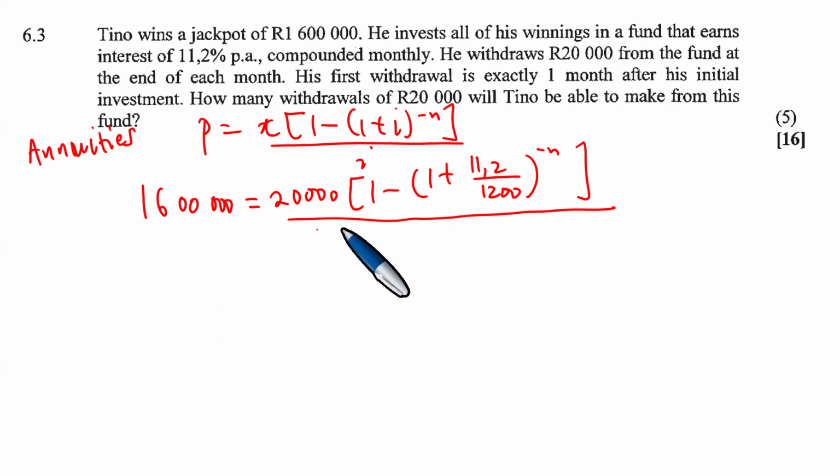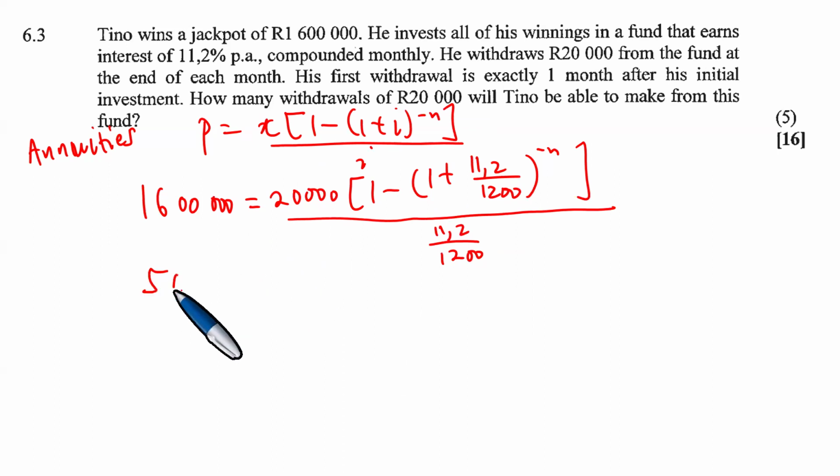And so you divide everything by the 12, and we have 1200 there because it's monthly. But you have the 100, you always divide the i by 100. So now in the end, you multiply everything. And if you continue with this, you divide this by 20,000, you cross multiply by this,